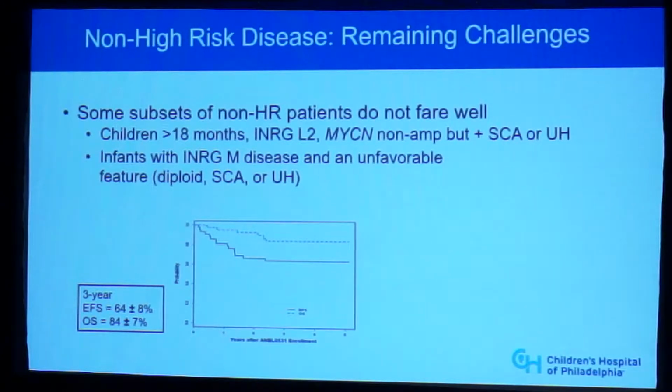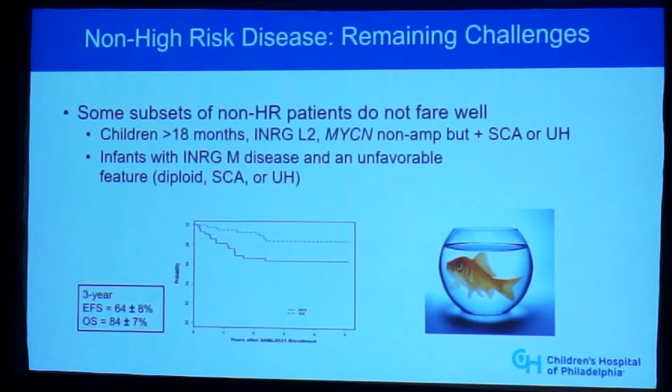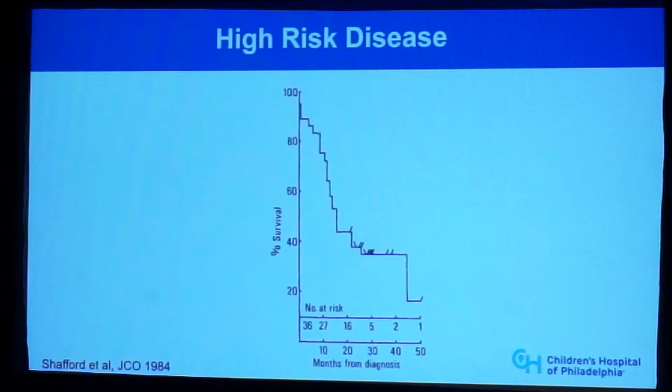One could say just treat them with high-risk therapy, but as I'll talk about, that's not a walk in the park for the patient. And having the treatment fit the patient's risk more precisely is exactly what we want to do. So we don't want a big fish in a relatively small bowl, but we don't want to put this little fish in this gigantic bowl. We want to make this fit just right. And the potential is that we could use biology and genomics to try to tailor this a little bit better. We're still a little bit of a ways from that, but I would put that out as a challenge to members of the audience who want to sort of make a mark. So now let's talk a little bit about high-risk disease.